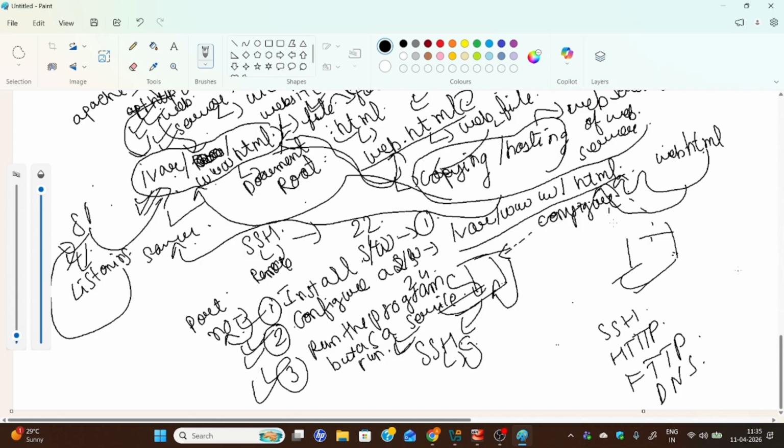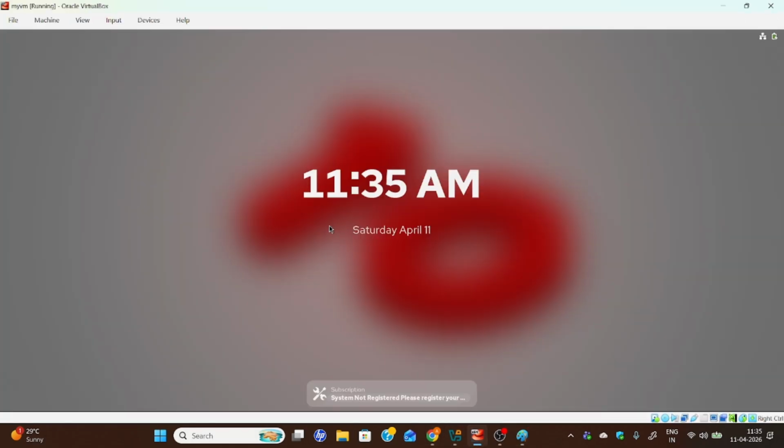Even when you're running a Python program, you first install Python, right? Without the presence of the program, how will you run it? You will not be able to run the program, right? So these are the three steps that you need to take to run your program. So let us now watch this particular practical. Okay,